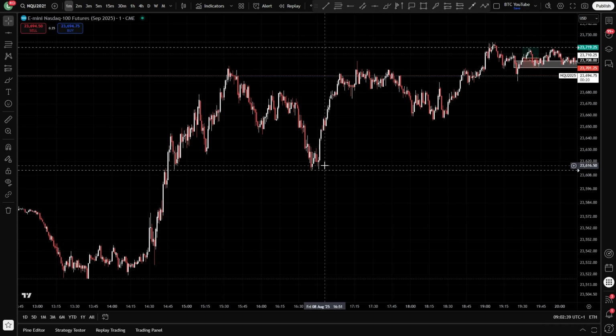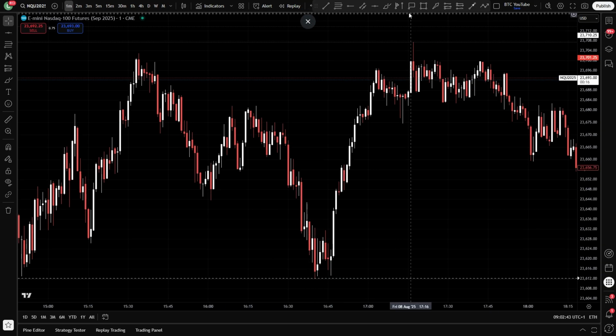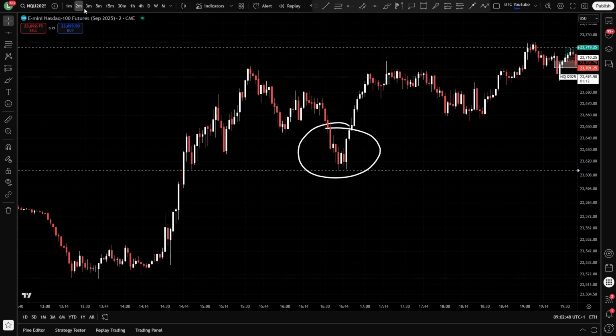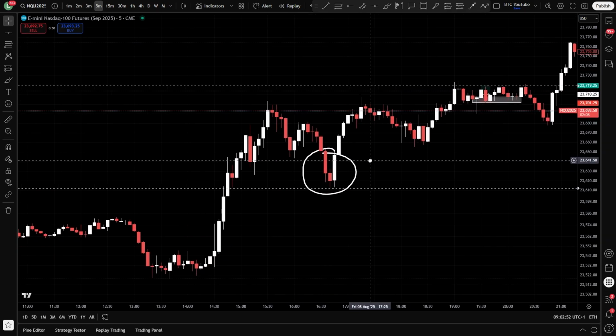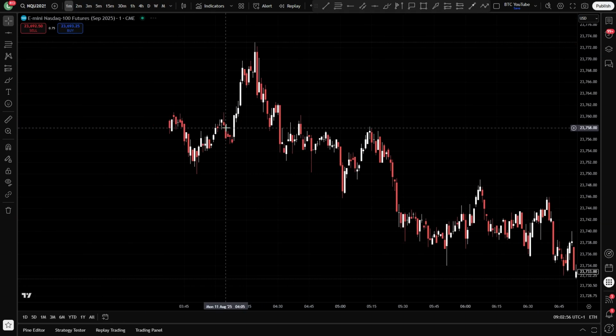There's a pretty good one here. If you take a look at the chart, I think this probably would have been, let me just circle this so I can see. There probably would have been a better entry on this. Let me see if we've got a 5 minute here. Yeah, I think this 5 minute probably would have been the entry, but you still could have took this on